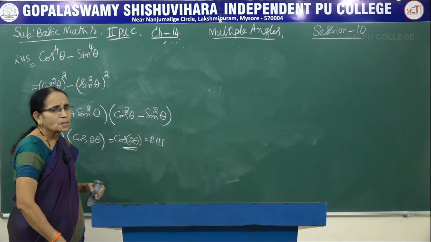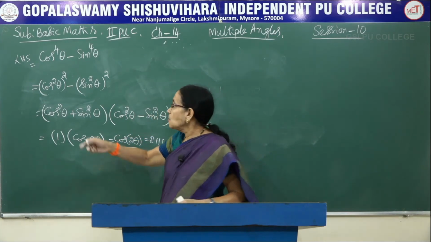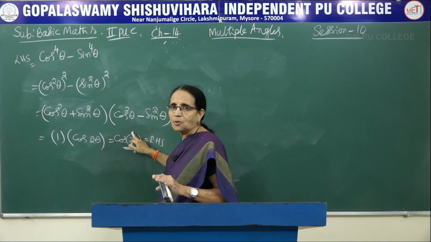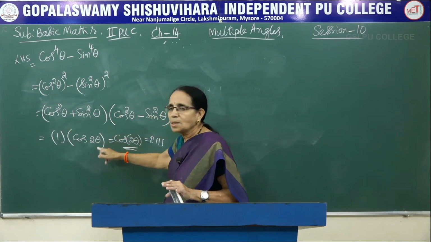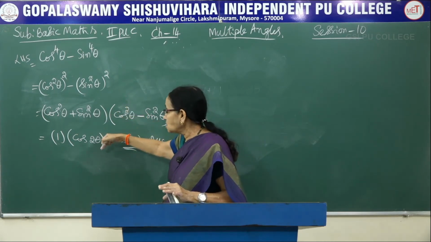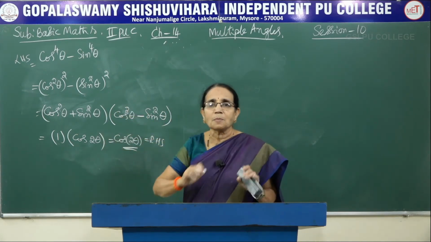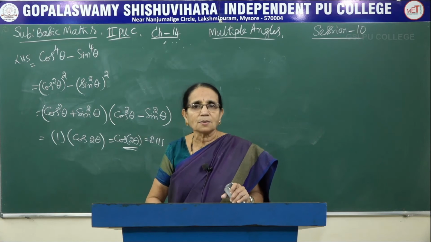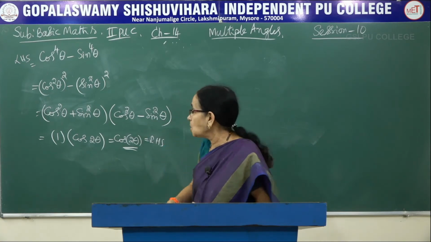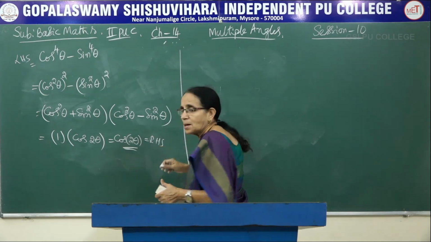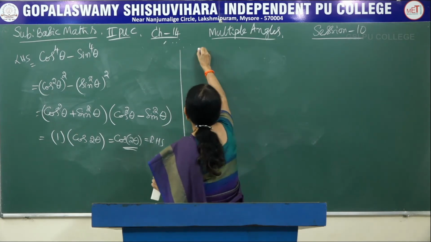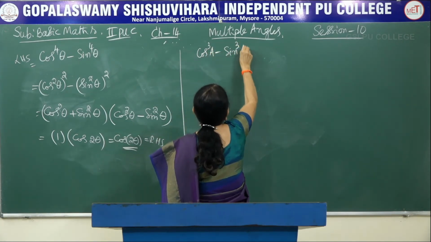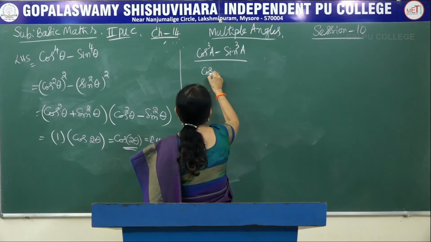See, here also, just see how much information I have used. First, I made use of the law of the indices. Then I made use of the algebraic formula. Then I am using the identity. I am using the multiple angle formula. So within the 3 steps here, I have made use of 4 pieces of information. That is why all the formulae you have learnt in the lower classes are helpful here. Now let me move on to the next problem. Here a little bit of adjustment would be there. Again, first we make use of the high school algebraic formula and then we try to get the required result.